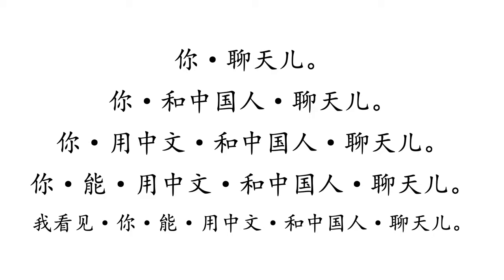You use Chinese to speak with Chinese people, right? Add another layer. 你能用中文和中国人聊天. You are able to use Chinese to speak with Chinese people. And then finally, 我看见你能用中文和中国人聊天, which is the full sentence and ultimately comes to the conclusion that the purpose they're trying to get across is that 我看见你, like I can see that you can use Chinese to speak to Chinese